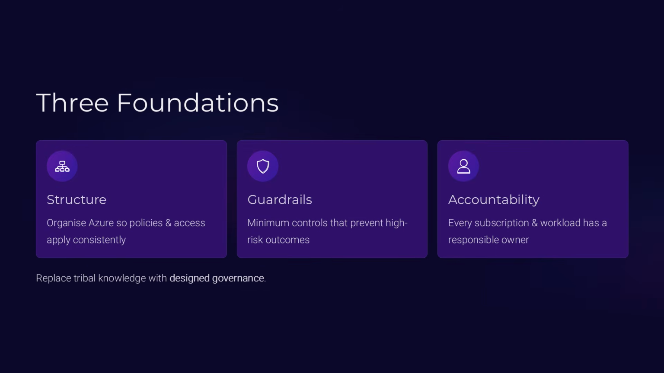With the value understood, you can now anchor the landing zone around three foundations that make your design decisions easier. Structure is how you organize Azure so policies and access can be applied consistently. Guardrails are the minimum controls that prevent high-risk outcomes while still enabling delivery. Accountability is how you ensure every subscription, workload, and exception has an owner who is responsible for outcomes, not just activity. When these three foundations are in place, your organization stops relying on tribal knowledge and starts relying on designed